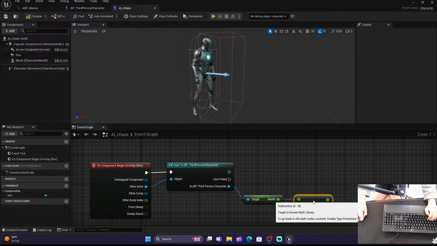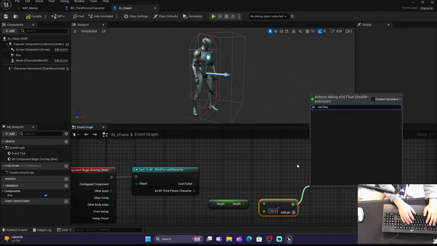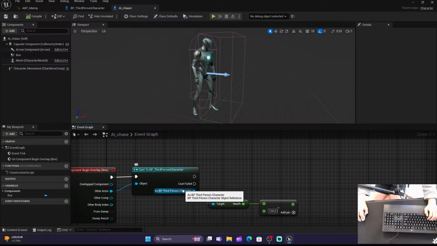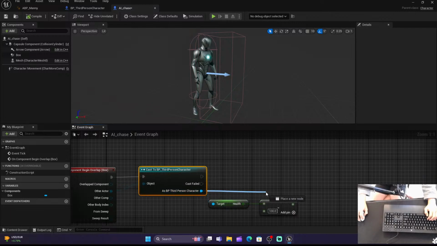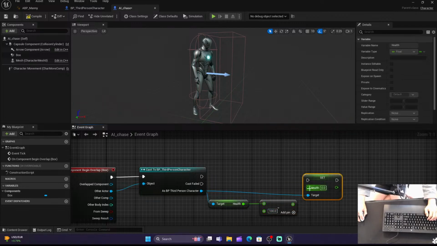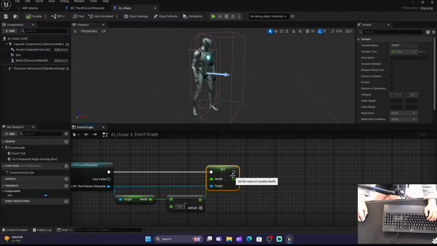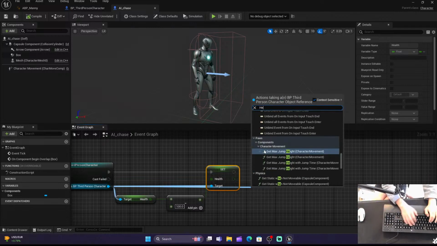So when we subtract 100, we're now going to set the health. Sorry, I have to do it from here. As BP_third person character, drag out again and set the health. Plugging all this in right here. Compile and save it. And now we are going to get out of as BP_third person character again, we are going to get our health,